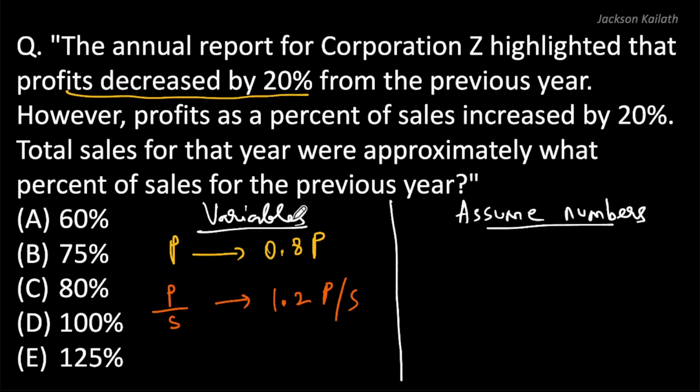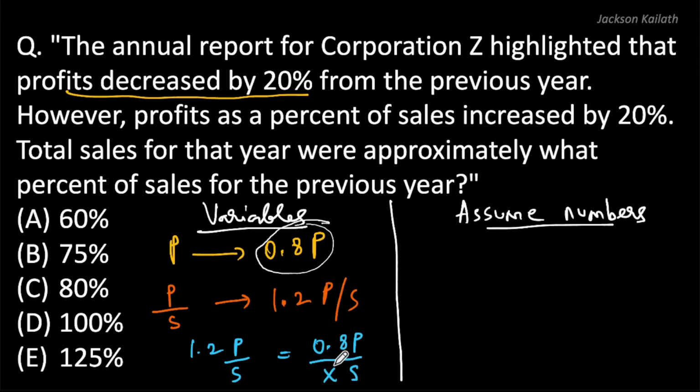All right. Now, after having these two changes which are mentioned in the question, remember we are trying to find out total sales for that year were approximately what percentage of sales for the previous year. So basically we are trying to understand the change in the sales. Similarly, like over here we had the change in profit. So we also want to know the change in sales between the 2 years. Now over here we know that P became 0.8 P and we know that P by S became 1.2 times P by S, right? So I can say that this 1.2 times P by S is equal to 0.8 times